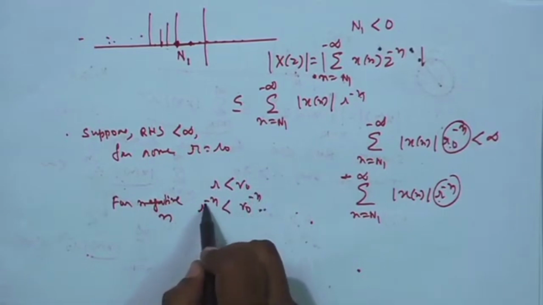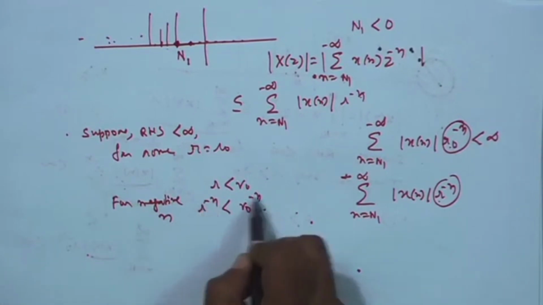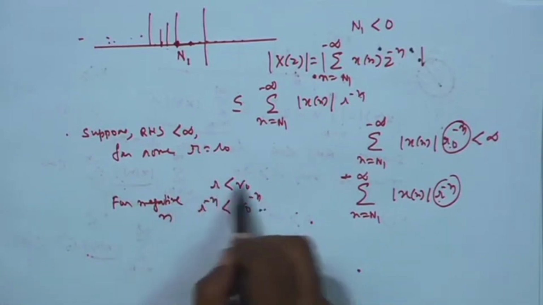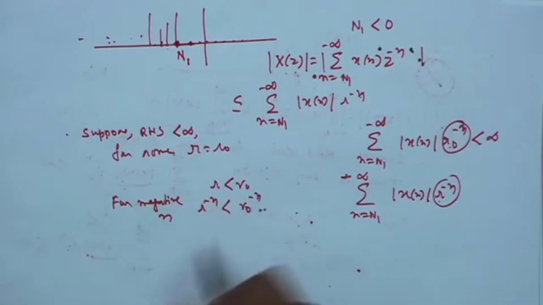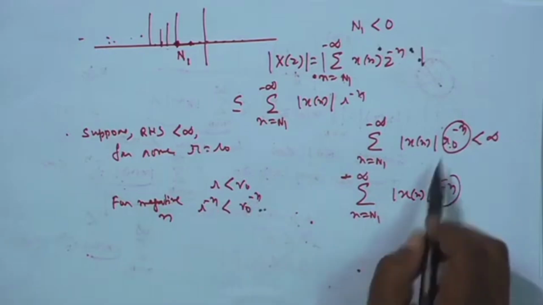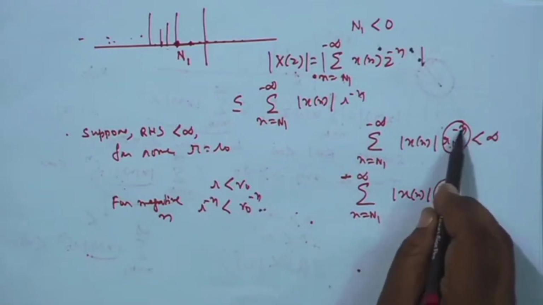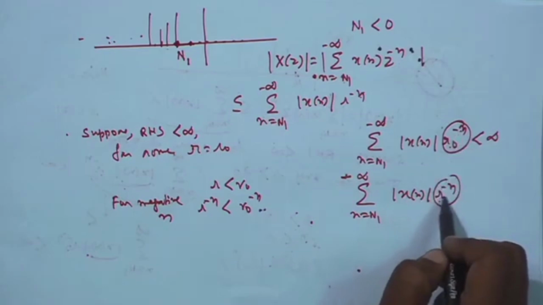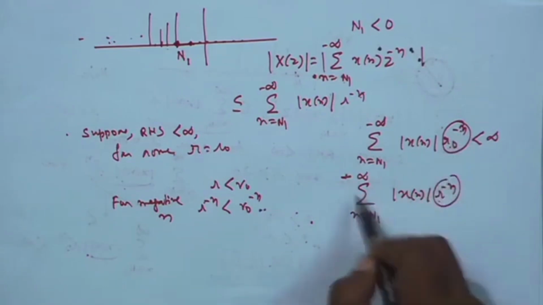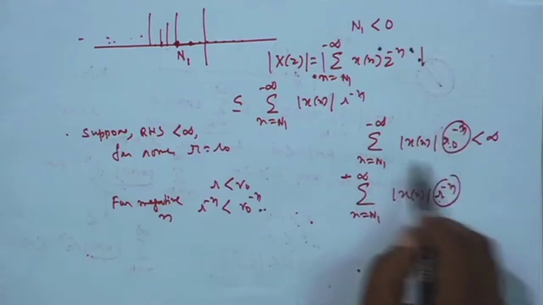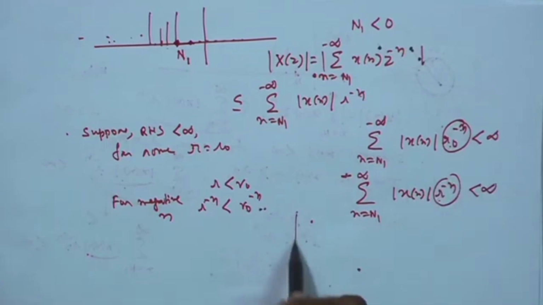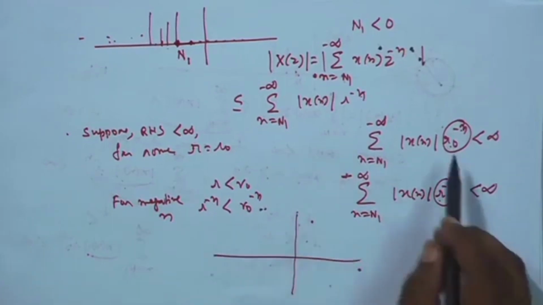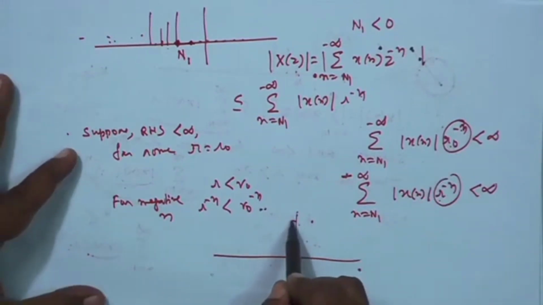this is also less than, because if n is negative it means it is positive now, minus minus plus. So if r is less than r naught, r to the power minus n for negative n will be less than r naught to the power minus n. So mod x n here is multiplied by r naught to the power minus n, and here multiplied by a number r to the power minus n, but this is lesser than that. So that means this summation is lesser than that summation. So if this is finite, this is also finite. Okay. So this means if this converges for any r naught,